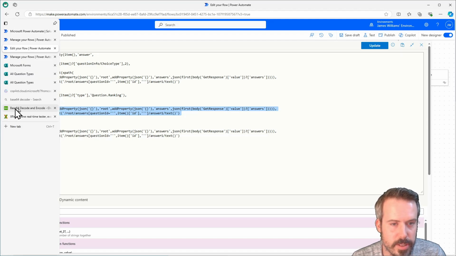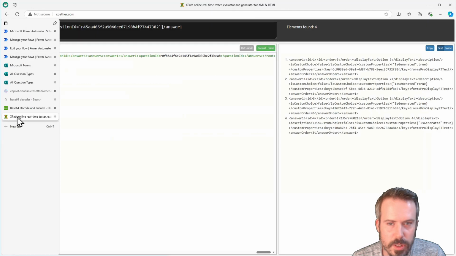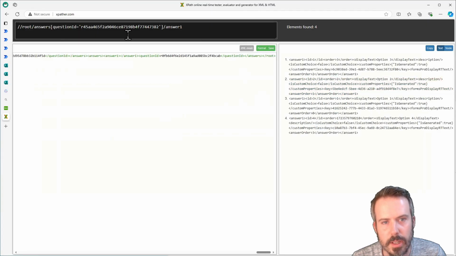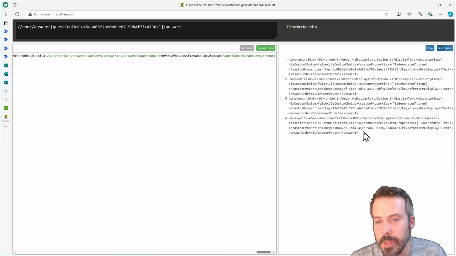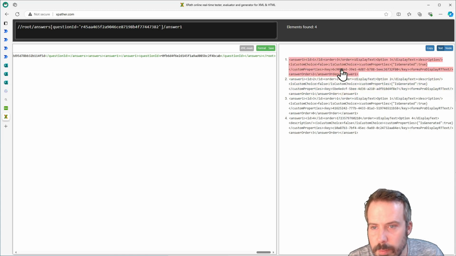So this is where it gets interesting. First of all, we've just seen before that putting this kind of expression in, where we finish at answer 1, gives us back a node set as a result. And within those, we can see that there are order properties, so order 3 for this one, 2, 1, 4. So if we put these in the right order, in theory, we'll have some sort of answer key, and then